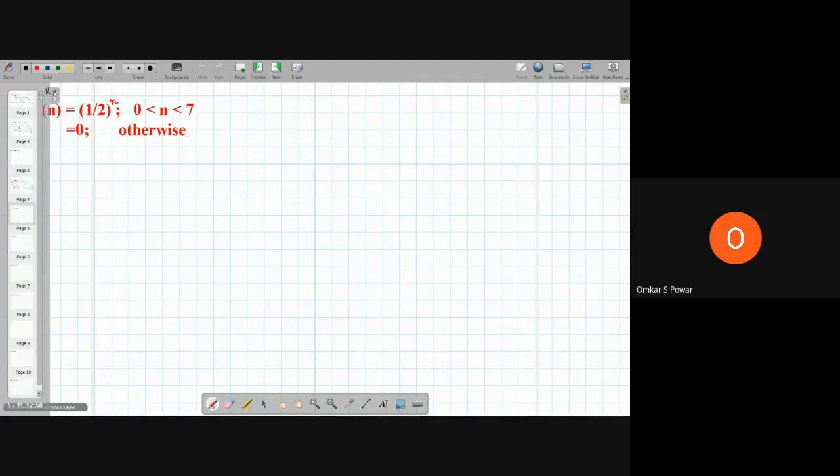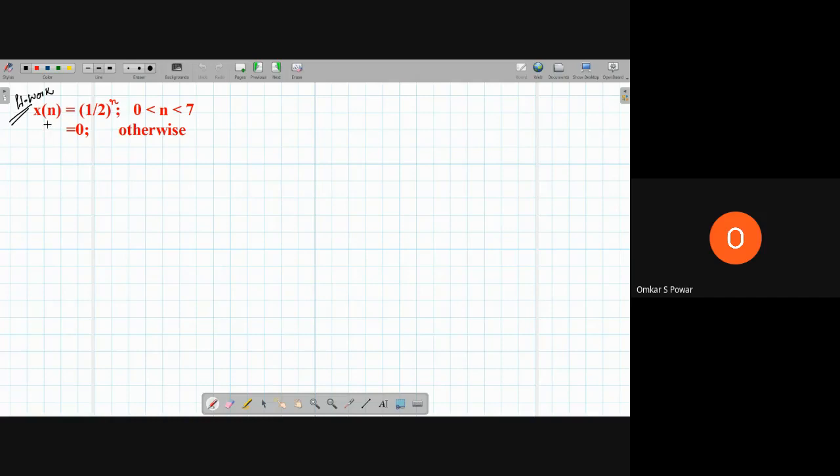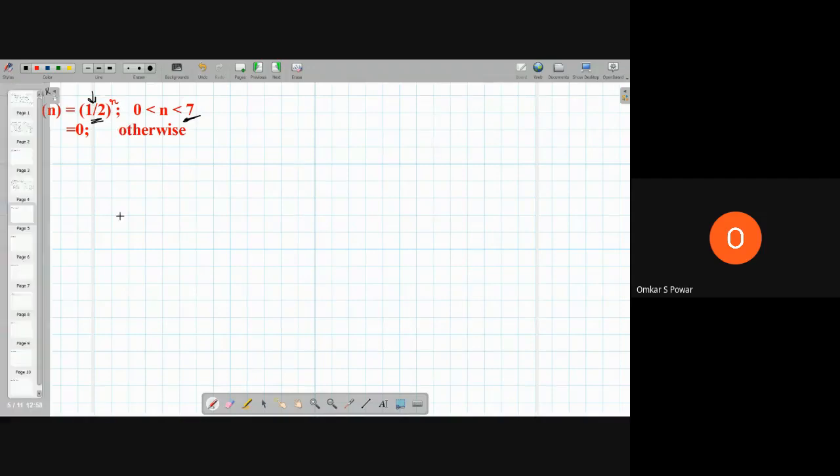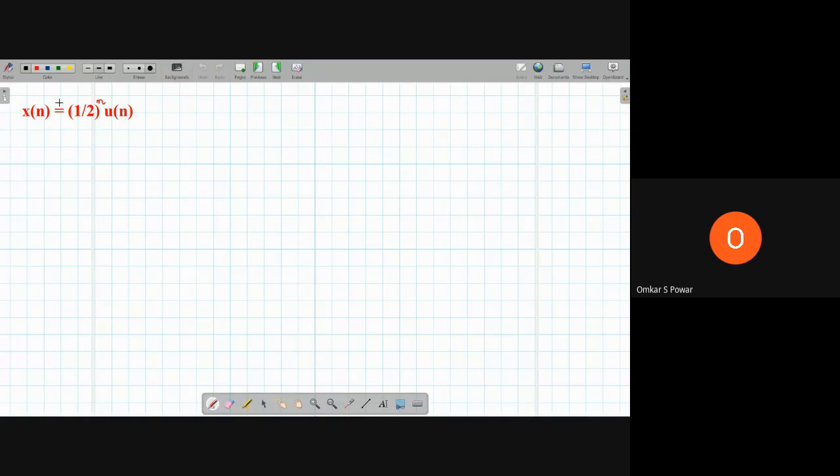So yeah, based on the same thing. In the previous problem, I had done x of n is equal to a power of n, where n ranges from 0 to n minus 1. Here, instead of a, I have given some number, half, and n minus 1 I have given 7. So you can solve it the same way. The technique remains the same. Solve that so that it will be useful for you. Whenever you solve this one, you'll get practice. These things will be there in the textbook only, and you can refer to them.